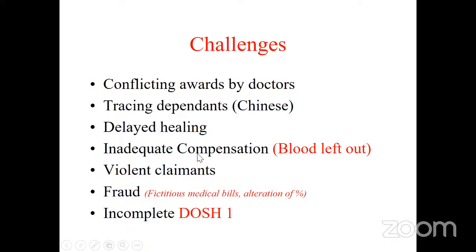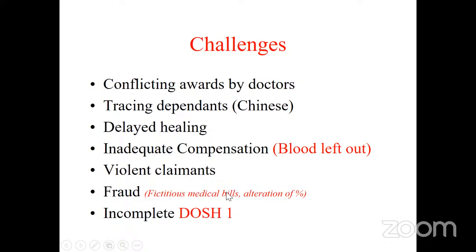And then inadequate compensation, unaweza pata employee anasema ile blood lose, it was a lot, so he needs also compensation for the loss of blood. And then violent claimant, there are some people who usually come to claim their compensation. They're so violent, even when you try to explain to them the right way why you are given this percentage, anaona zile mashida zote amepitia, he needs an extra